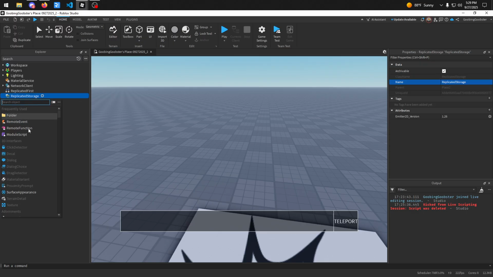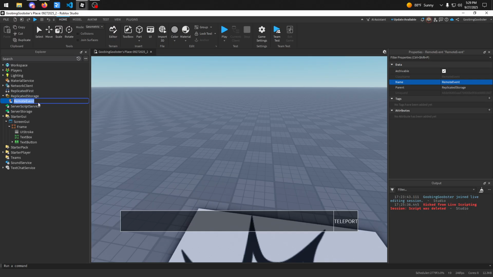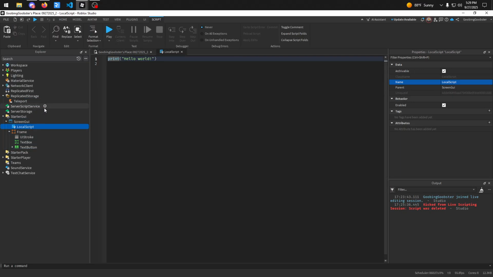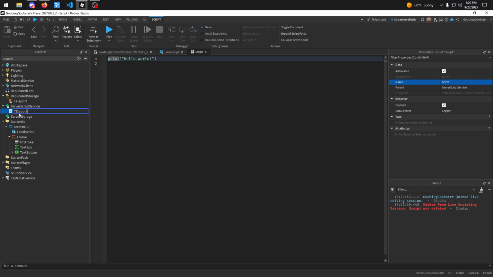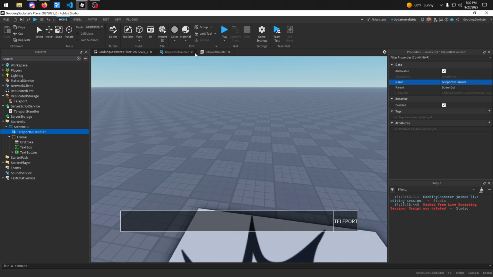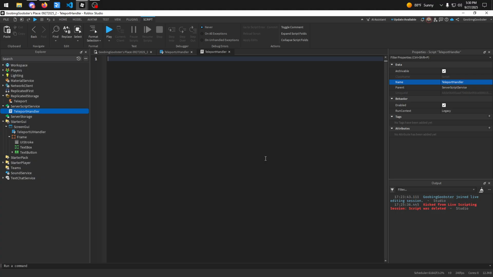So, okay, then we need to create a remote event. This will be teleport event. You also need a local script here. Then you need a script here. This will be teleport handler. And then this will be also teleport handler. Well, teleport UI handler. Okay, so on the server, what you need to do is you need to get